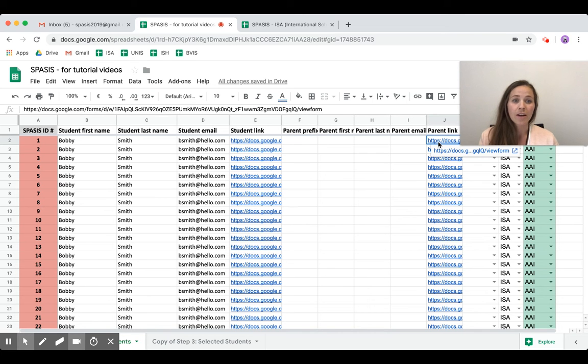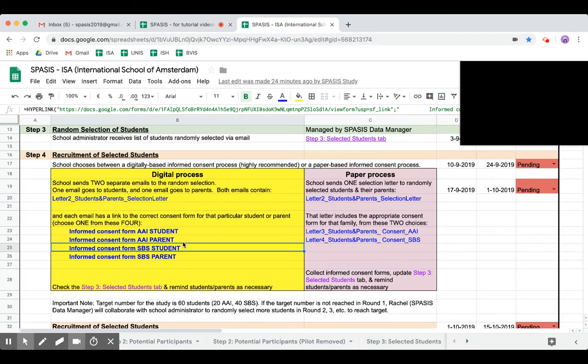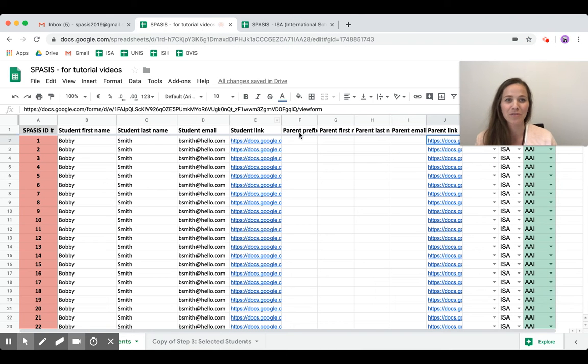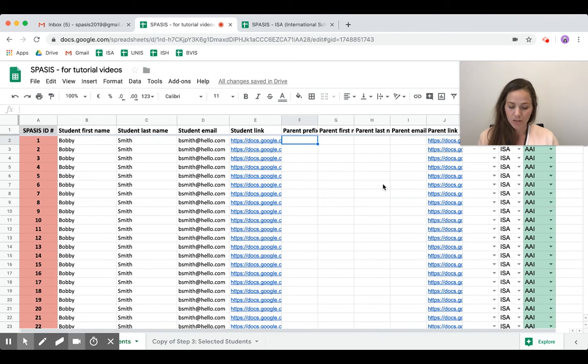Now, where did I find the parent links? In the exact same fashion, I went to the AAI parent link, and I double-checked the link about 3 times to make sure it was the right consent form, and I linked it in. Then I went down to SBS and linked it in. Okay, so once you have all of your data in,